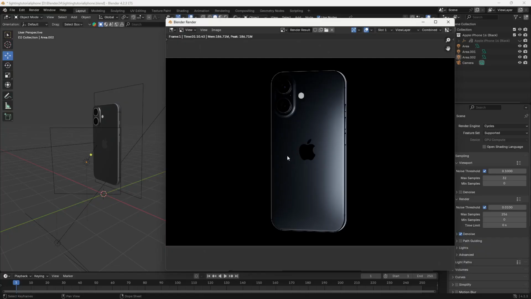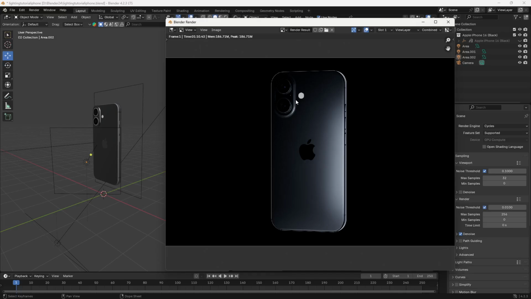So here you can see the result here. It's a basic lighting setup, not that great. If you want, you can take the samples to 512 as well. I have taken it to 256. You can see the result here. Now what you can do, you can add one more light here coming from here. So there is some lighting on this glass camera as well. So you can do it coming from here and then you can render it as well.